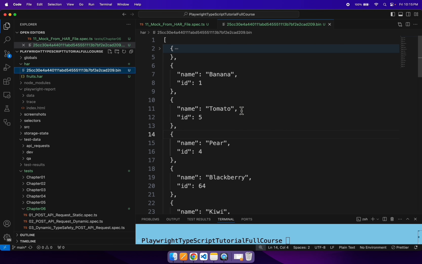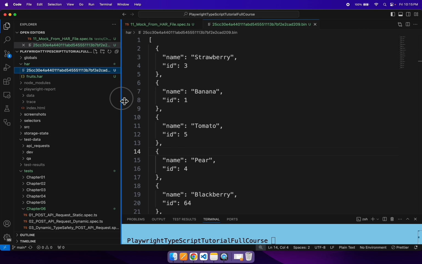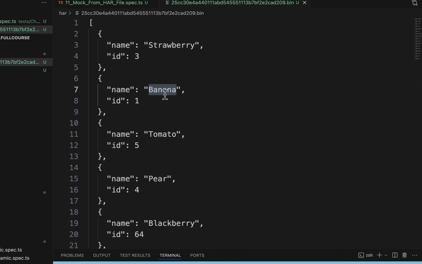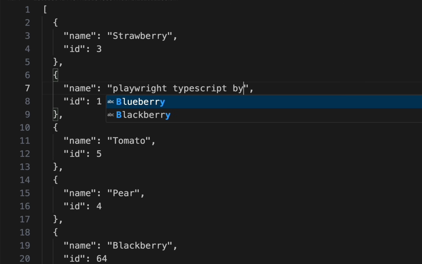Now let's add the mocked test data inside the bin file. So far we are validating only one piece of data, which is whether strawberry is present in the web application or not, right? So let's add the mocked data, and then we will verify that the mocked data is present in the web page or not. So here I'll pass the very first mocked data as Playwright TypeScript by tester stock,